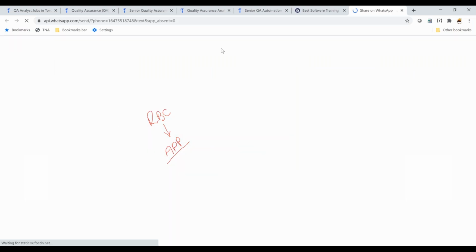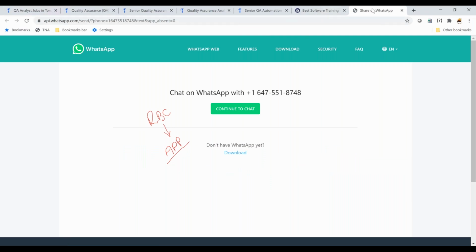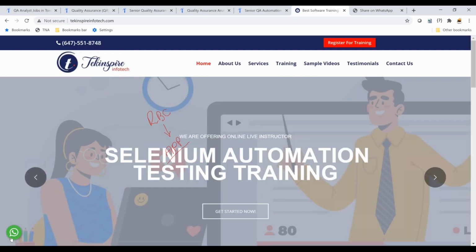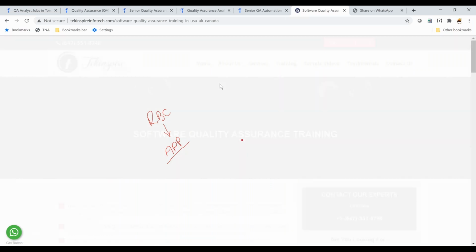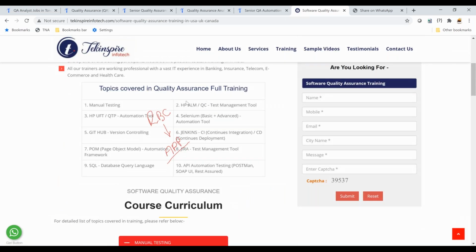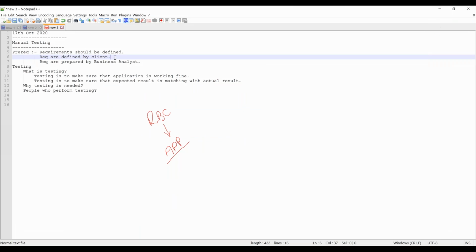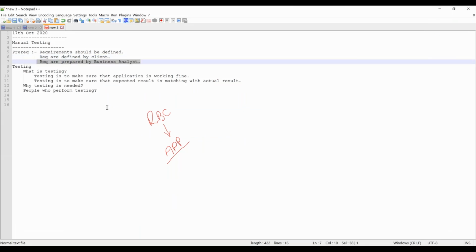If somebody types something here, that has to connect with me, right? If somebody types here, that has to send a message to me. When somebody is clicking on training, software quality assurance training, it has to list down the list of the courses. So I am the client for this particular software because this is my company. I am paying for this particular website to be developed. So what I'll do is I'm going to call a person who is going to develop this website, maybe a business analyst, and I'm going to explain to that business analyst that I want these things on the home page.